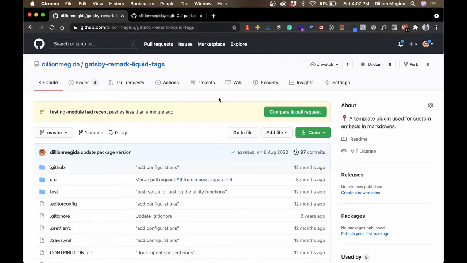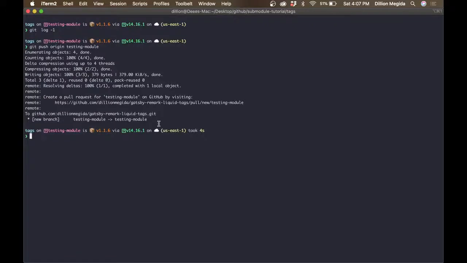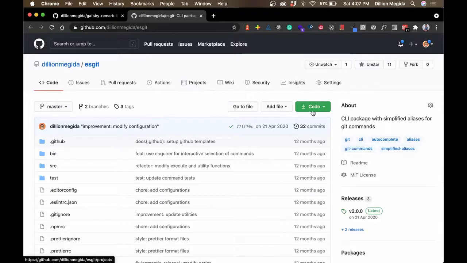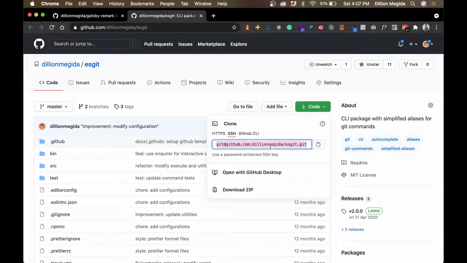So I believe now you can see how we are sharing logic using one repository as the source of truth and then sharing that among every other project. And like I said, you can have multiple submodules. So you can go back, git submodule add EaseGit. This is another package of mine, and we can copy the remote URL,